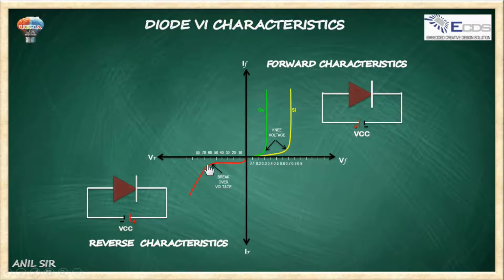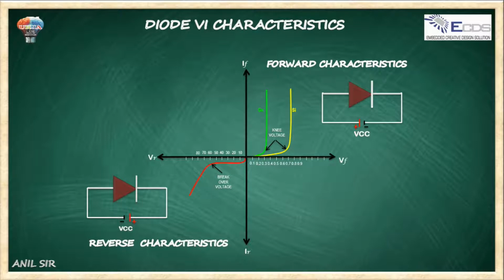What happens at this point is, when your reverse voltage is more than this point voltage, your diode is permanently damaged. It is called a short circuit. It becomes completely short circuited and permanently damaged. So it is the maximum permissible voltage applied to the diode in a reverse bias condition. That is called the peak inverse voltage. It is the maximum reverse voltage applied to the diode.